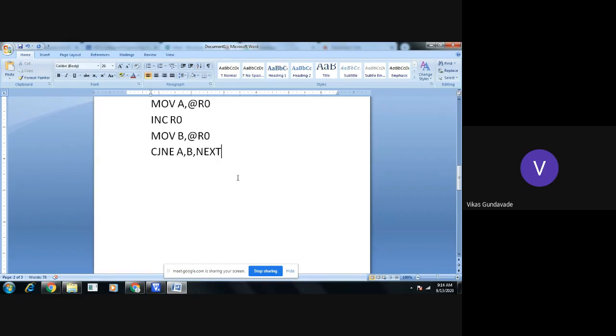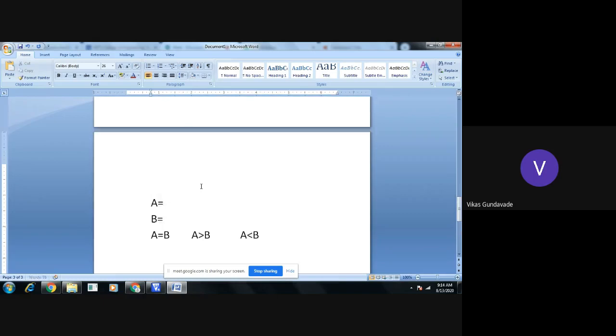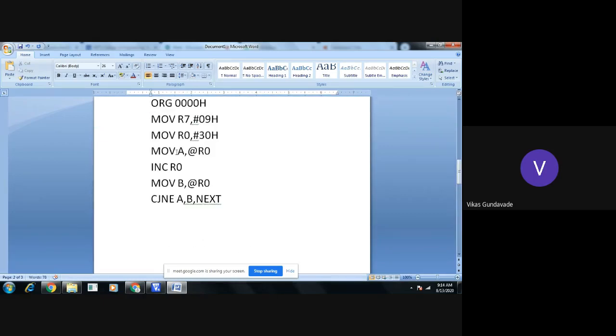So after taking the numbers into the accumulator and B register, we compare them with the instruction CJNE A, B. Now after this, we will get 3 conditions. If both are equal, we need not change the accumulator, because the largest number will be available in the accumulator.